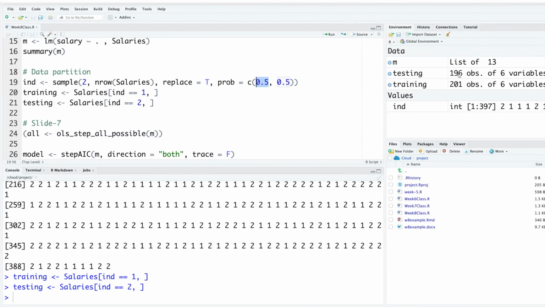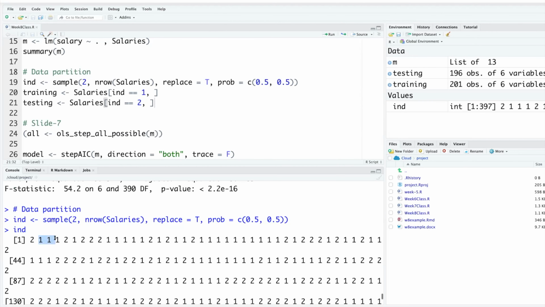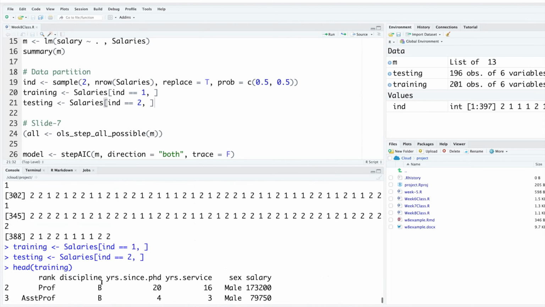It could be slightly more, it could be slightly less. If you want to look at training data, let's say head, the first few rows of training data, hit enter. This is what you see. Second, third, fourth, sixth, while the first and fifth go to testing. So that's how this is made.